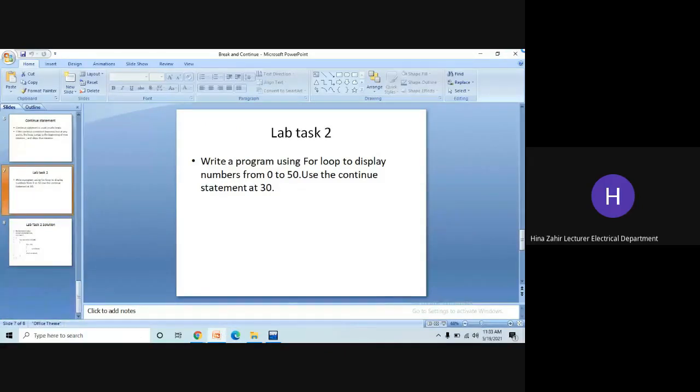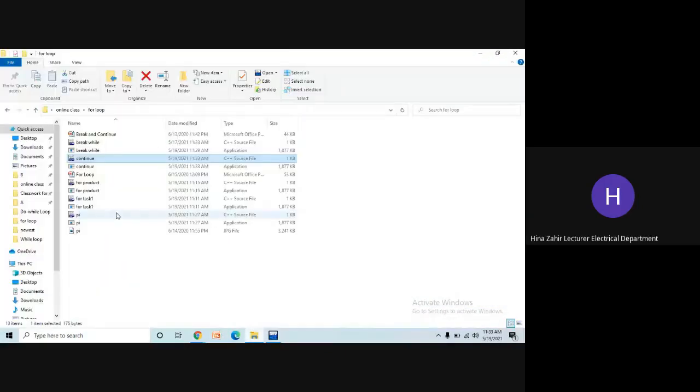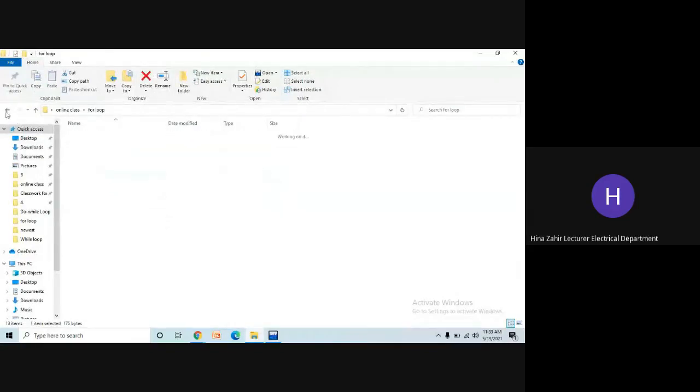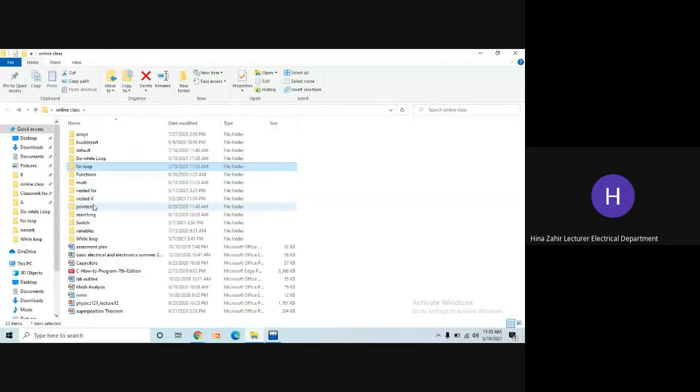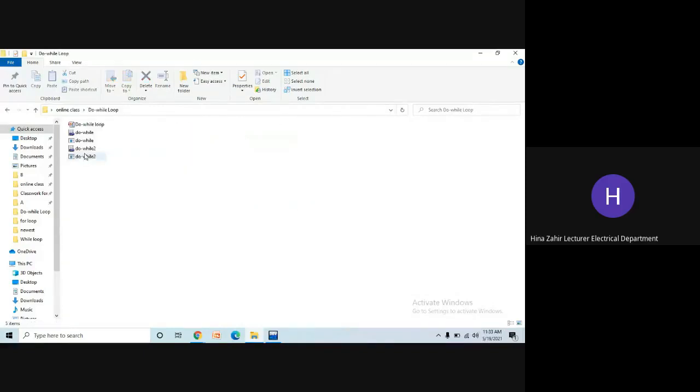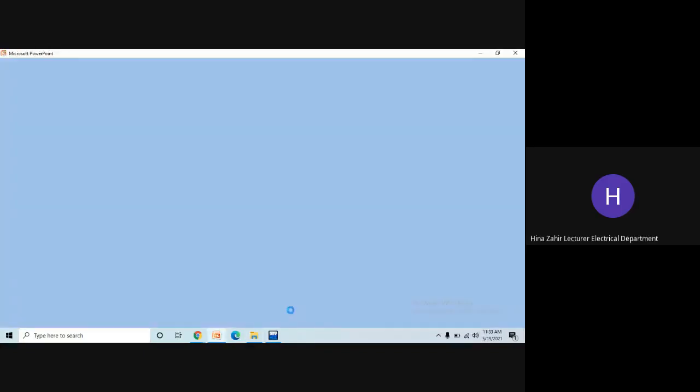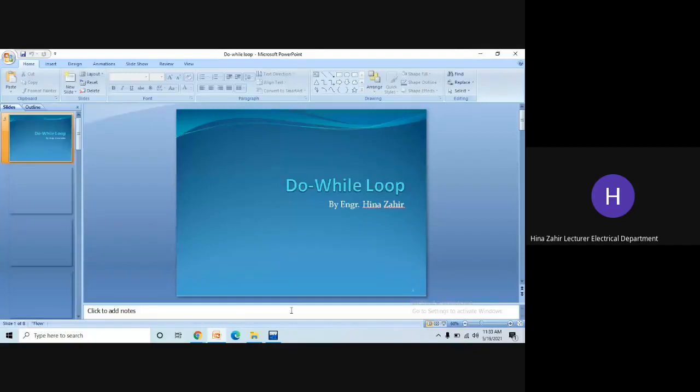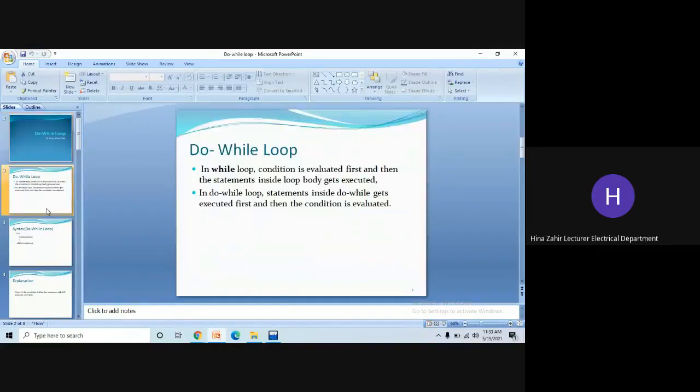Okay, now let's go to our do while. Do while is short, not that much long. Now we already have talked about the for loop and while loop. The do while loop is just like the while loop, but the difference is that the thing is done first, do, and then while. So even if the condition is false, it will still run at least one time. The reason that I'm not explaining it much is because I know that you guys have already done it even in your theory class.